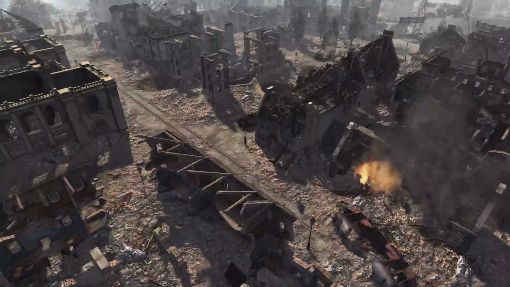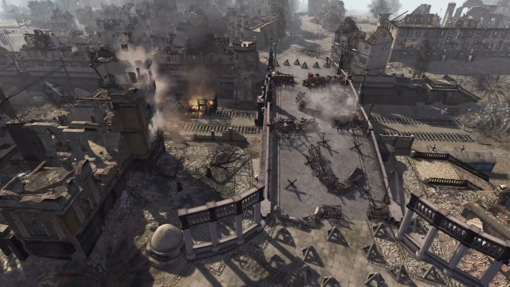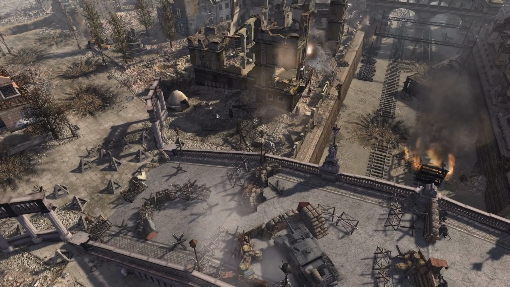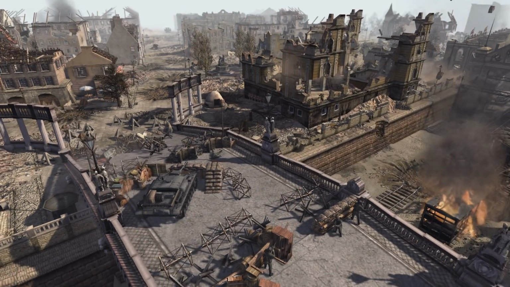It sometimes takes a while for the AI to get used to this city environment. Ooh, there we go. One of the bell towers, or actually one of the apartment building towers, was hit there on the side. And the Stug took fire from a tank back there. I believe that's a